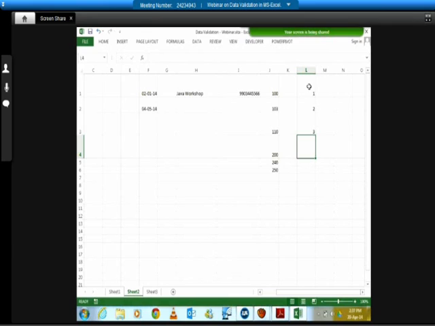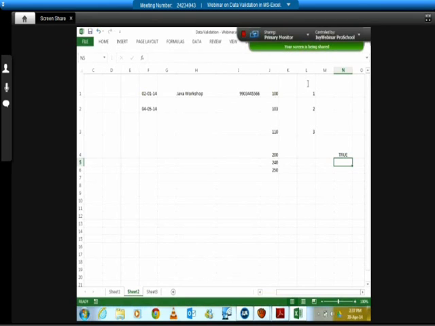Now, if you've seen something called comments on the cell, have you seen comments? In comments, what happens? As soon as you click on the cell, a box appears on the side and it has the comments that our user had to put on that particular cell. Same thing will happen in input message. In input message, I can give a particular message. Let's say, no duplicate. And over here, please make sure you are entering unique data.